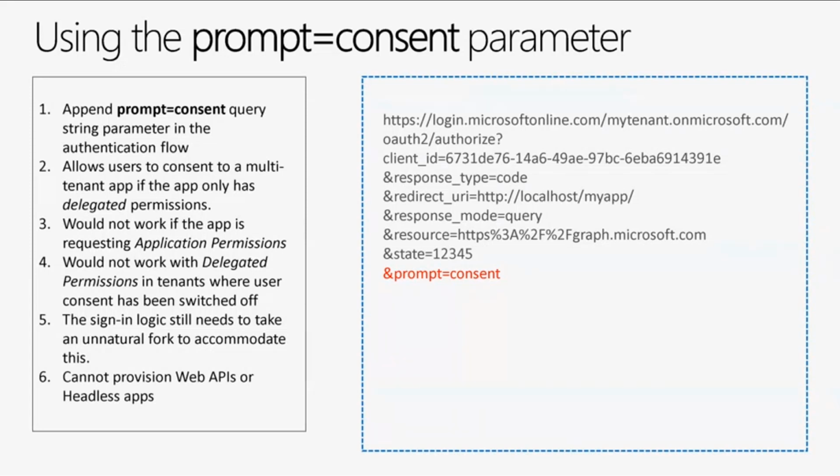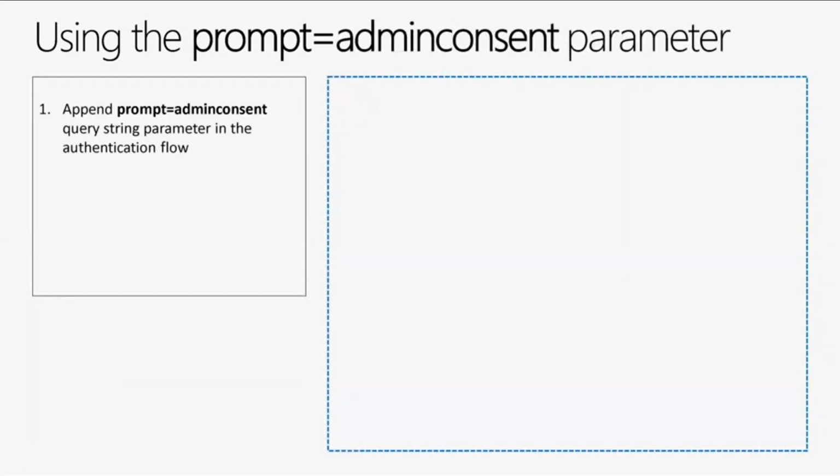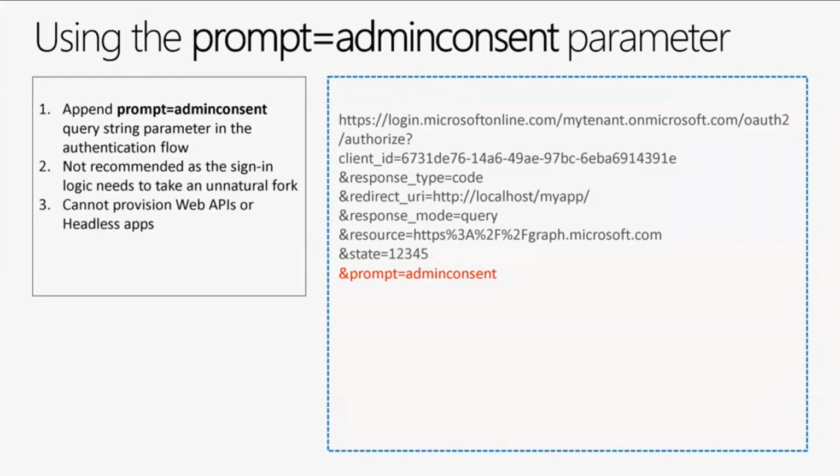Also, it will not work if you have a web API or a headless application. It only works for applications that are capable of signing in a user. Prompt equal to admin consent is a bigger brother of the consent parameter. It allows you to trigger a consent that can only be consented by a tenant admin. It just basically checks for that role. Again, your sign-in logic needs to take an unnatural fork in your code,